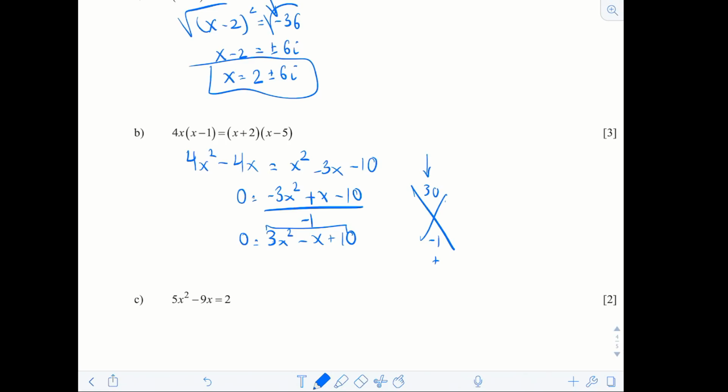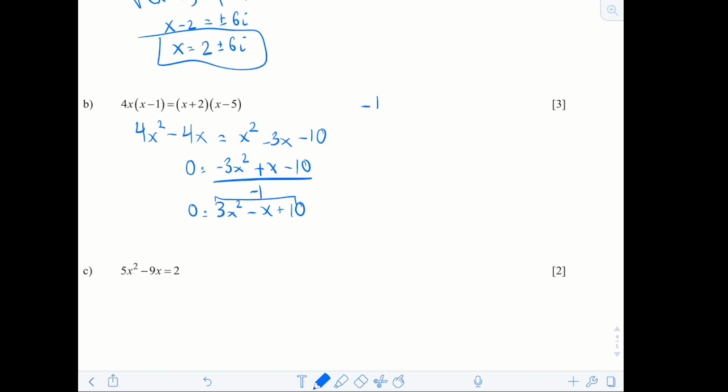So looking at this, it doesn't seem like I can find any specific solution that's going to work for this. Two numbers that when I multiply, I get 30, but when I add, I get -1. So just to double check my work, 4x squared. Yep, seems good. 2x, -3x. Okay, so, well, when all else fails,